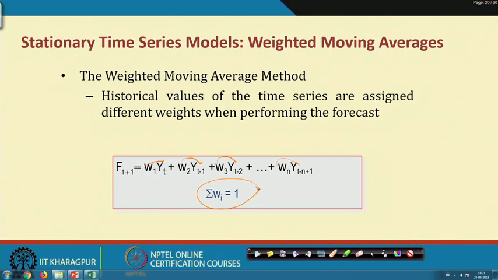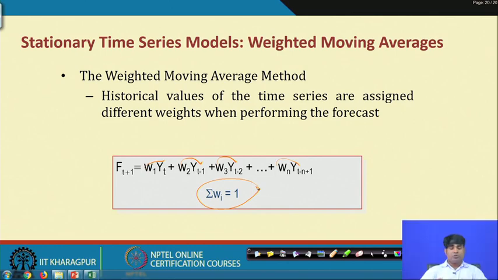But the problem is how to ensure the unequal weights. If it is equal weight, then depending upon the number of variables, just divide the numbers. For instance, if there are 3 variables on the right side, divide by 3. If it is a 5 variables case, then 1 divided by 5. So, 1 by 5 will be used for every weight, that means technically W1, W2, W3, W4, W5 is equal to simply 1 by 5.